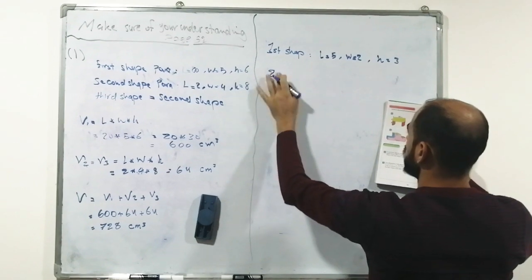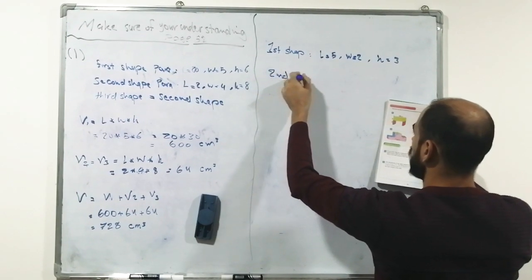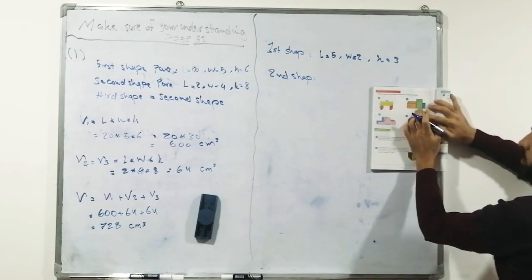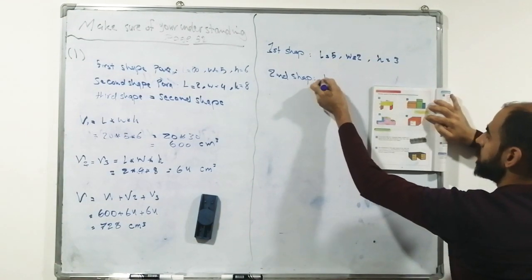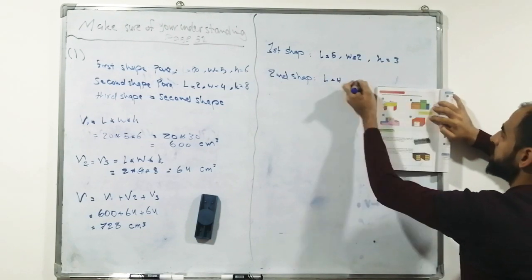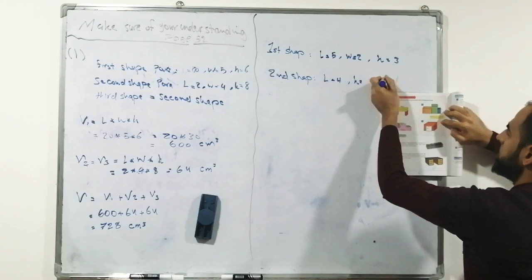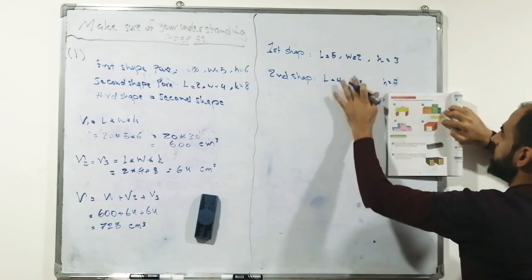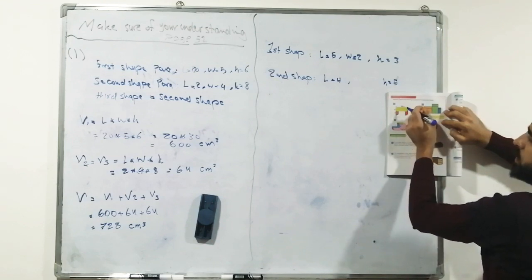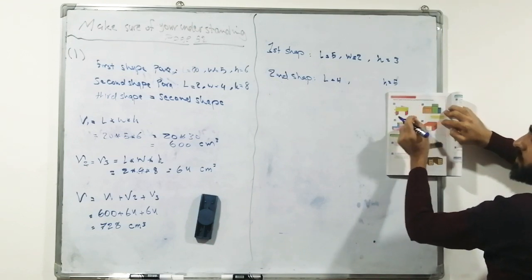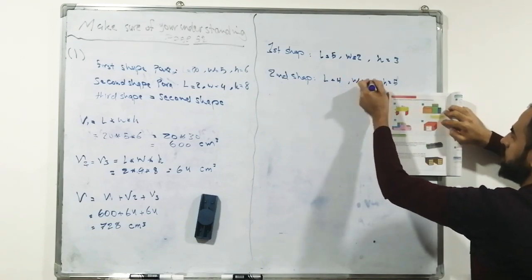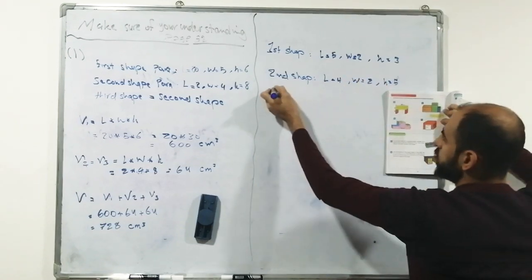The second shape, as we see in here, its length equals 4 and its height equals 5, and its width is exactly equal to the width of the first one, because they all have the same width, which equals 2. Now the third shape,